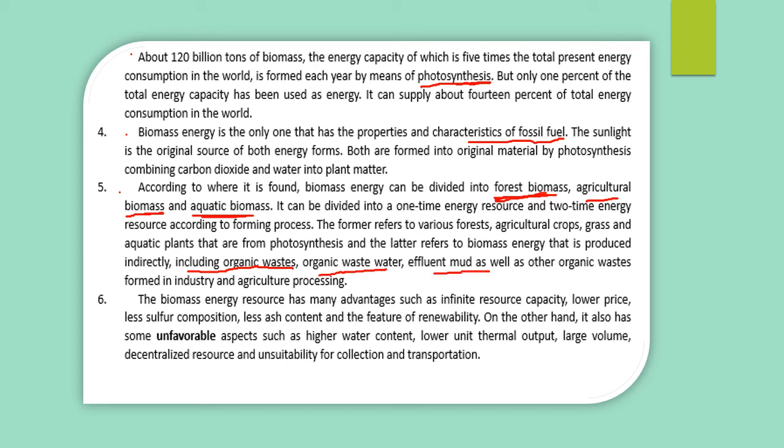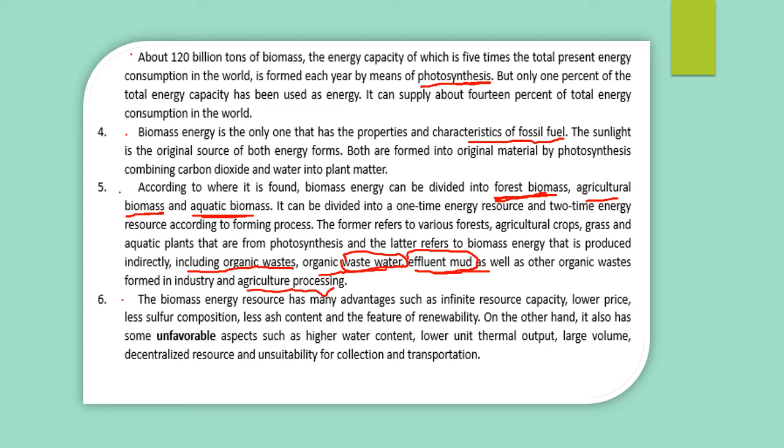Here we mean sewage. Wastewater means sewage from houses. This can be used to produce electricity, to produce energy. Effluent mud, the mud you find in gutters, because it's organic, it's not toxic. Obviously, this can't be from heavy industries that are working with lead and mercury. It needs to be organic, as well as other organic waste formed in industry and agriculture processing. All that's left behind, what could be referred to as their garbage and their waste, can be used to produce